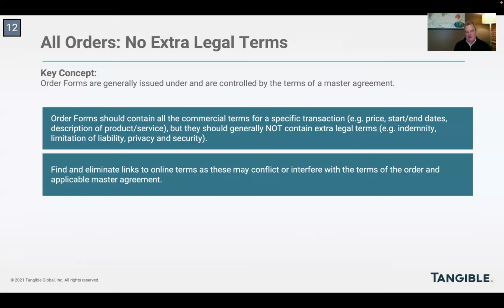It is possible to incorporate additional terms. But they generally should be represented by an addendum or supplement or amendment, either to the order form or, depending on their nature, if they're more legal in sense, generally represented as an amendment to the master, if the customer is even willing to consider additional terms after the negotiation of the master agreement.